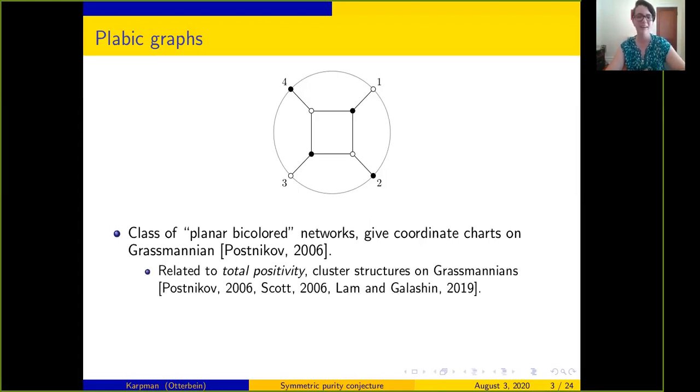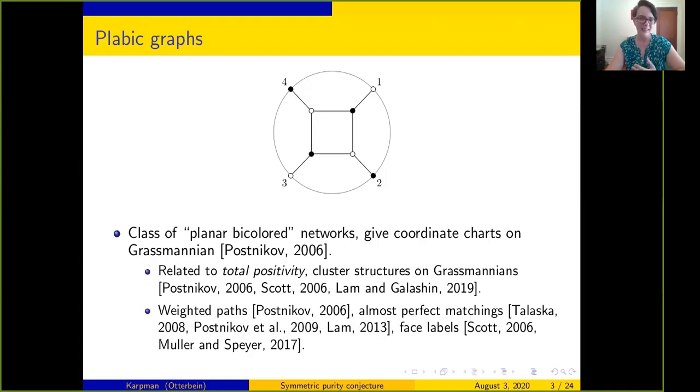These are, as we saw in the last talk, related to total positivity, as well as to cluster algebras. I'll say a little bit more about that later on. And again, as we started to see in the last talk, there are many, many ways to think combinatorially about how you start with one of these bicolored networks and end up with a coordinate chart on a Grassmannian. So we have Postnikov's original construction, counting weighted paths in directed networks. And then this evolved into a recipe using dimers or almost perfect matchings, which I think is first explicitly spelled